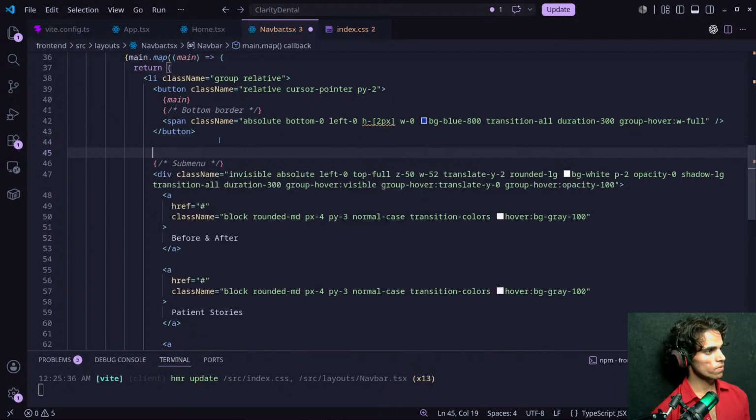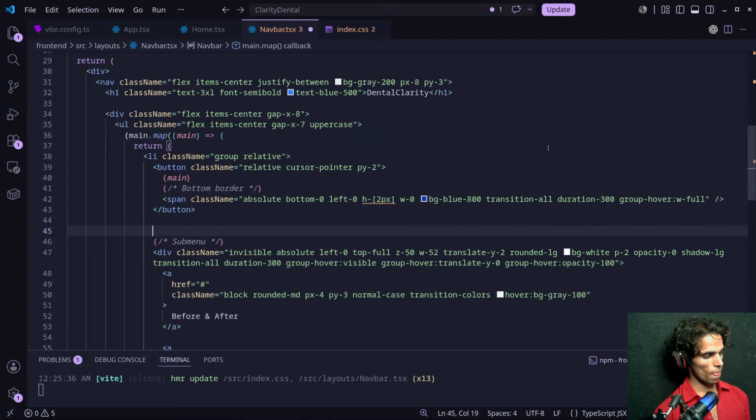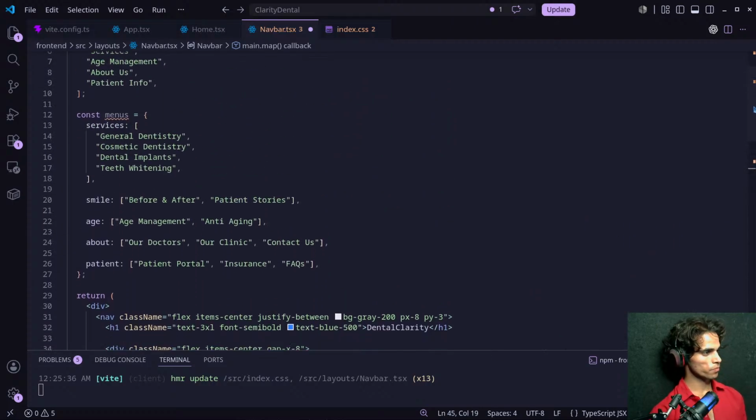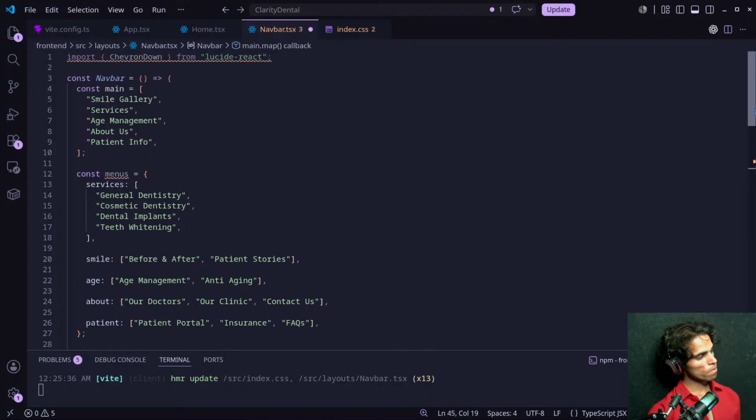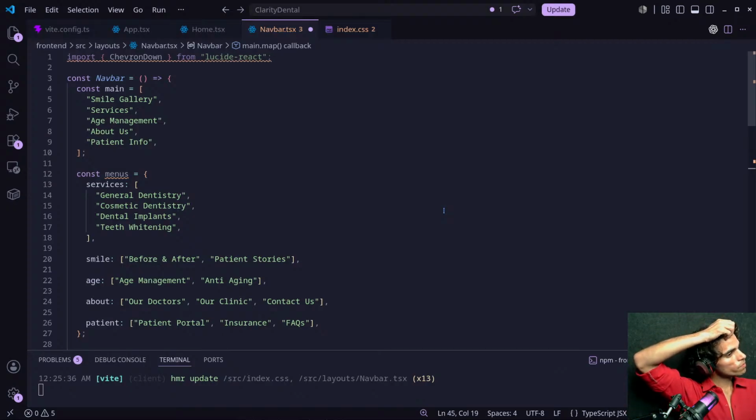To show the submenu we have to go through a condition, like if. I would like to check that we should create an array of objects.